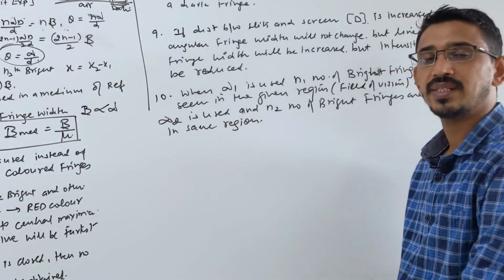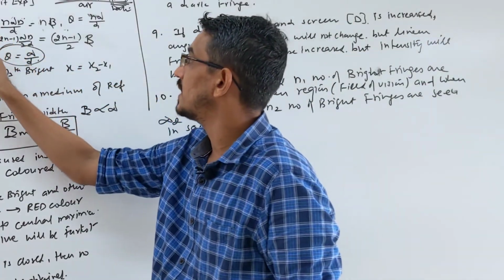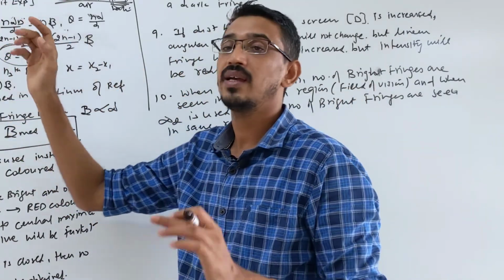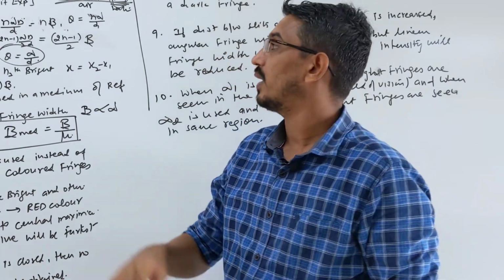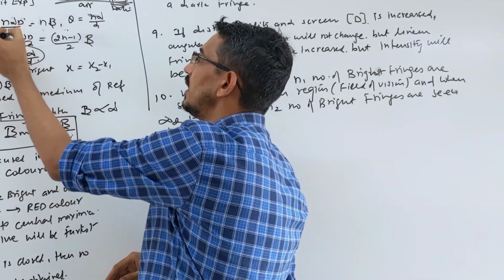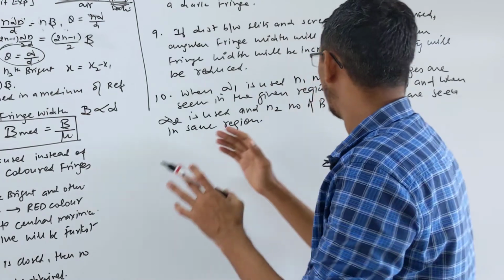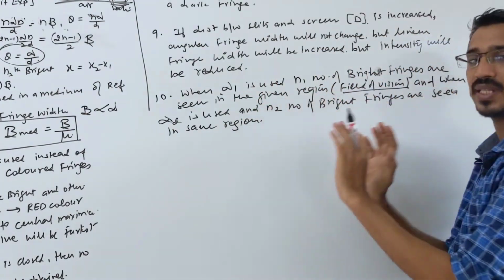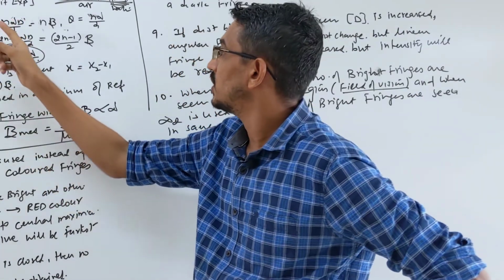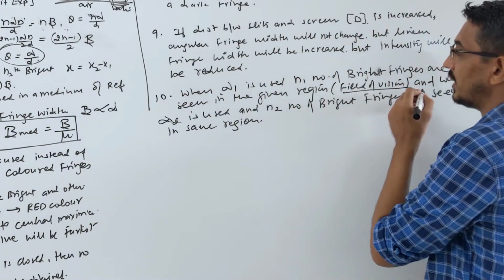Either the wavelength will be unknown or n2 will be unknown. Look here, the distance is given the same, this xn is the same. In this distance, initially when lambda 1 is there, n1 number of fringes are seen. When I use lambda 2, n2 number of fringes are seen, so how are they related? Look here, D and d are not changing. X we keep the same, the distance from the bright fringe, that is called the region or field of vision. So capital D is the same, small d is the same, so what changes? n1 lambda 1 is equal to n2 lambda 2, right?